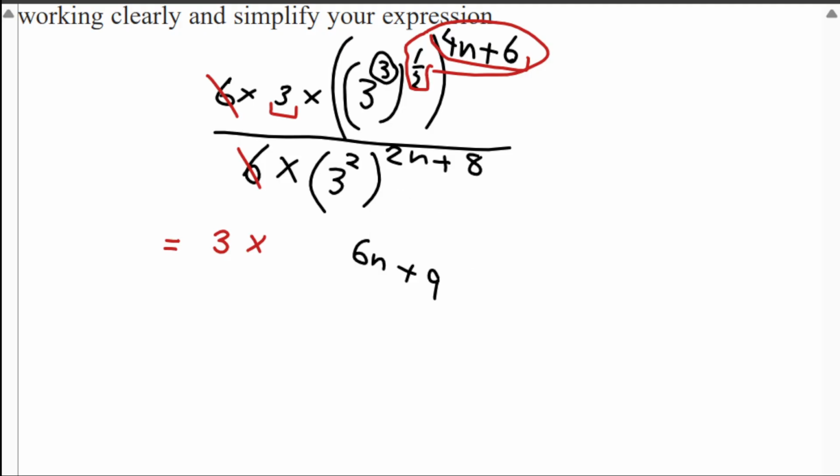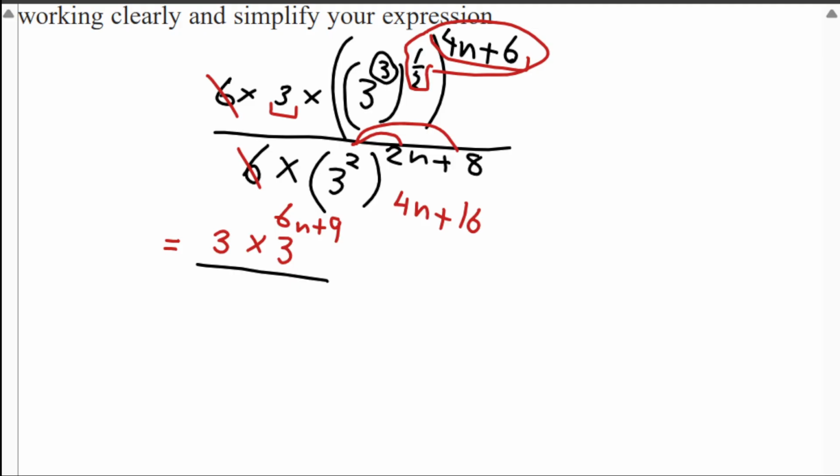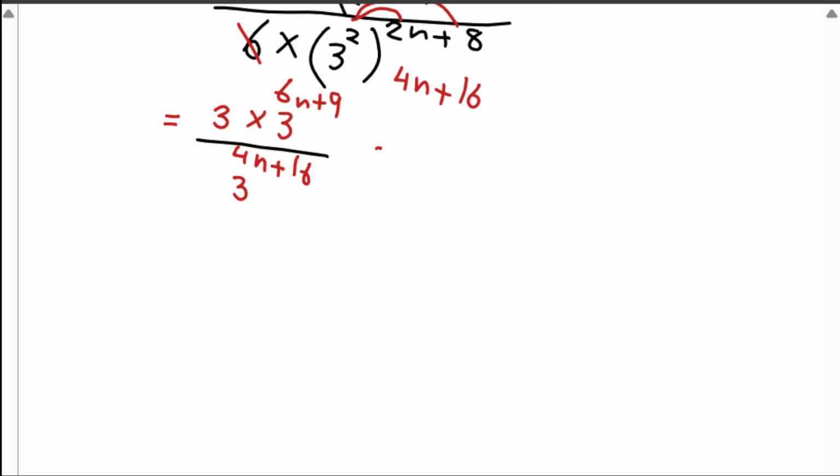Now we have 3 to the power of this 6n plus 9. Now let's delete this. We don't need it. All this is divided by, well, the denominator will do the same. 2 times 2n is 4n. 2 times 4 is 16. So it's just going to be 3 to the power of 4n plus 16. Now, this is equal to